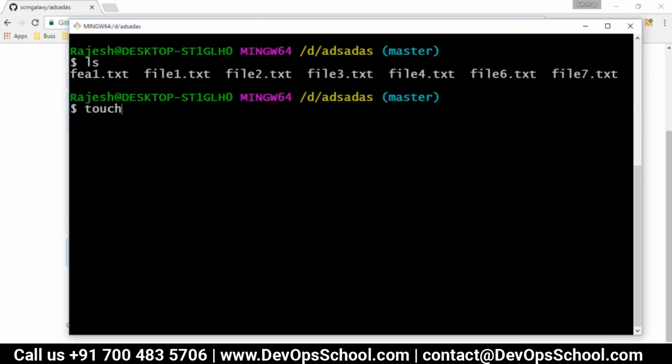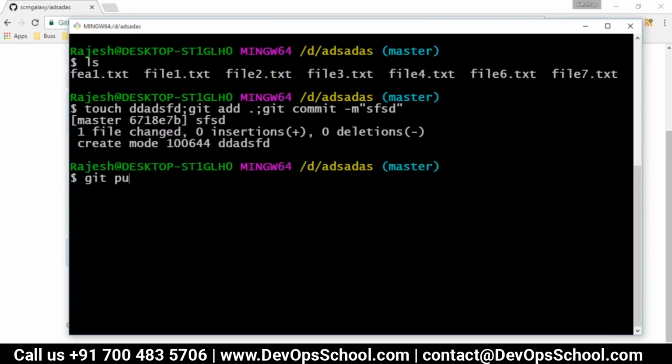Okay, now touch some file name, git add dot, git commit -m, committed. Now I'm going to push as a different guy, and this time I'm going to use origin, because